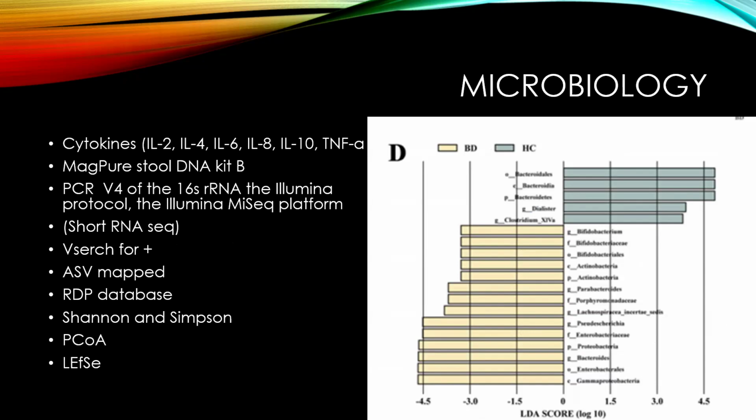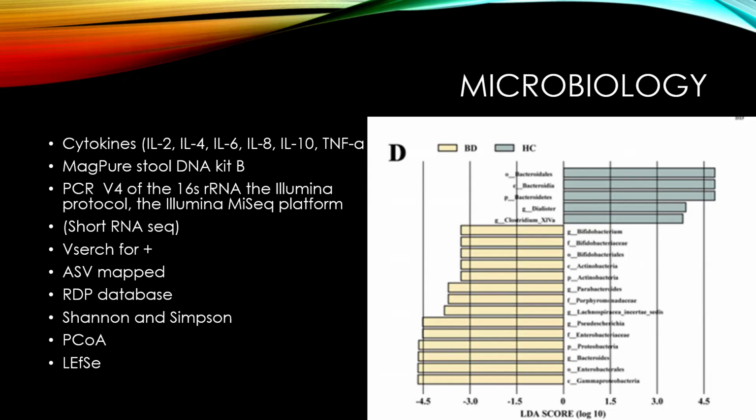They measured a whole myriad of cytokines. I want to point out that some of these are anti-inflammatory, some of these are pro-inflammatory. Tumor necrosis factor alpha, depending on the pathway that it goes through, can be anti-inflammatory or pro-inflammatory. Usually it's pro-inflammatory. Interleukin 10 is a pretty normal anti-inflammatory one, and so forth.